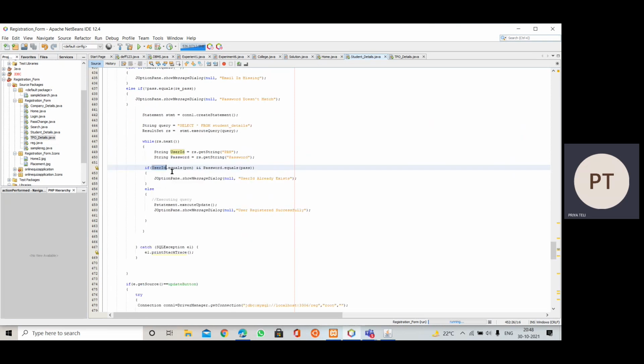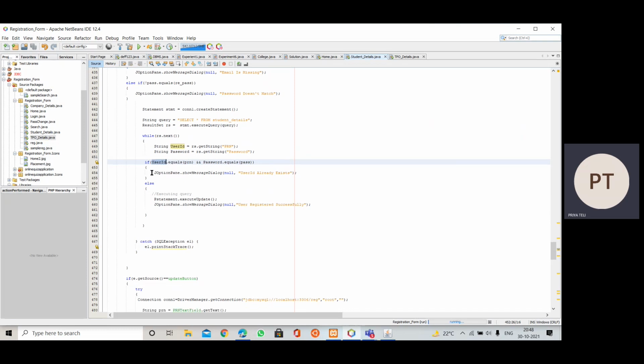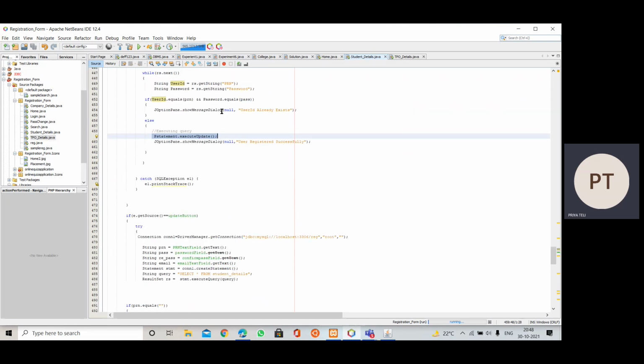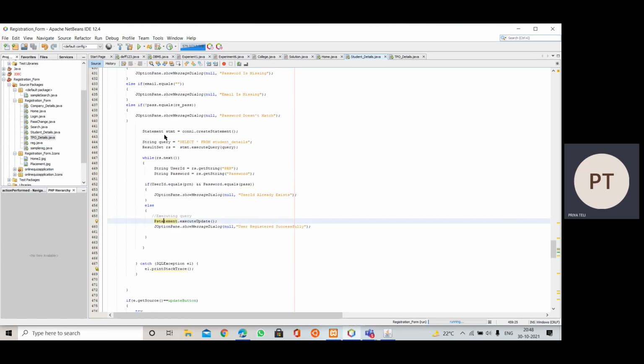If it appears that the user ID already exists, then it will show the message user ID already exists. Else, if it doesn't, then it will execute this query, and we have this object pstatement in which we took this query.